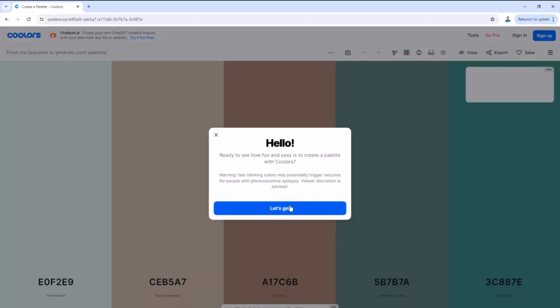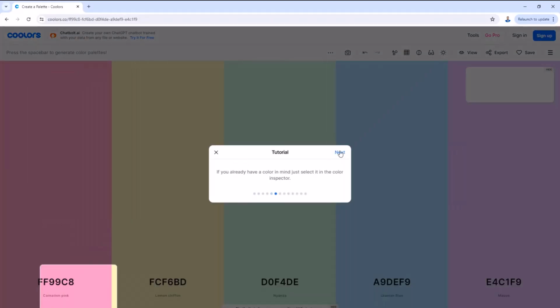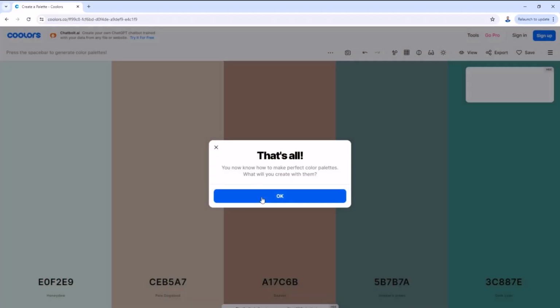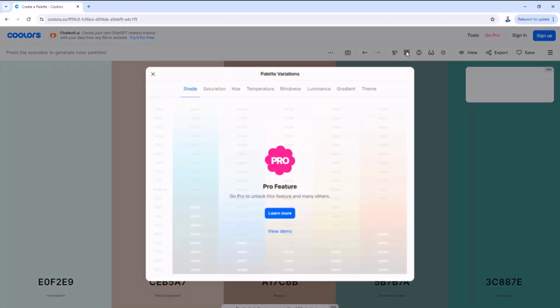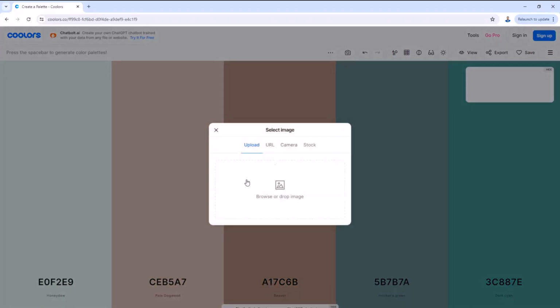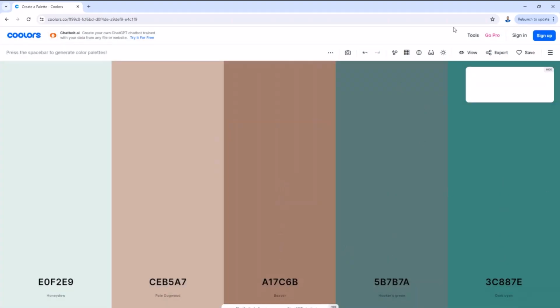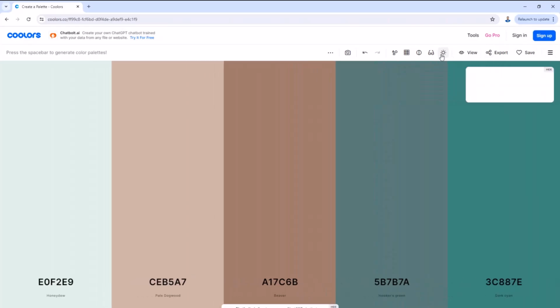When you click on start generator, it is going to bring in different colors for you. And then you can see different tutorials on how to use this, but I don't want to waste my time. You can explore that yourself. So these are different colors and different palettes. You can click and look at different things you want to see. You can even generate a palette by bringing a picture in, and it generates colors based on that picture. So you can do different things of your choice.